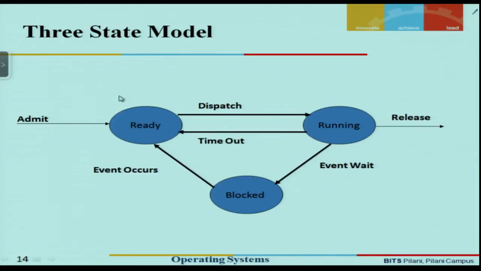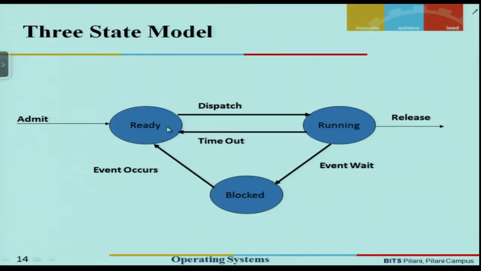So the not running state, as discussed, we have now split into two states, one being a ready state and the other being a blocked state. So now let us see how this three state model is going to work. Whenever a new process is required to be executed, it is admitted into a ready state,